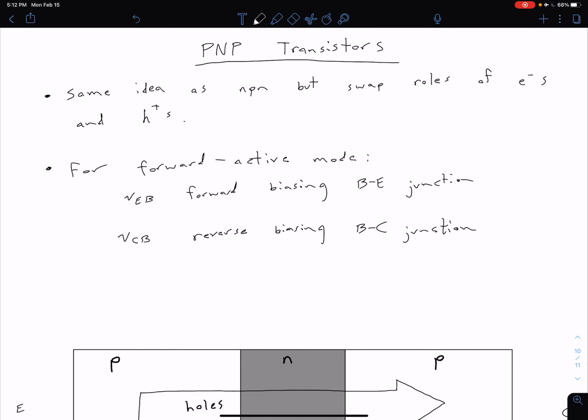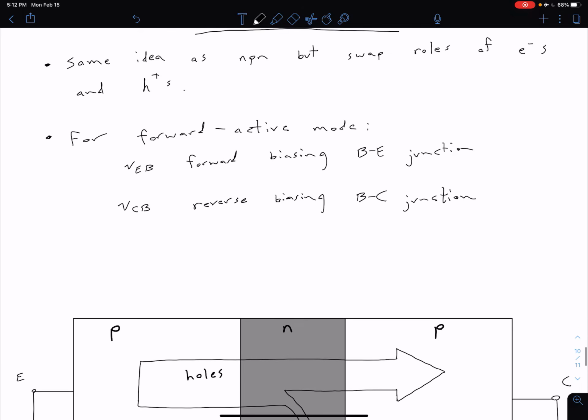Before moving on to look at our circuit symbol and our IV characteristics, I want to briefly mention our PNP transistor configuration. As we've said before, it's the same basic idea and operation principles as our NPN transistors. We're just swapping roles of our electrons and our holes, and we're switching around polarities of some of our voltages. Again, we can talk about the forward active mode because that's where we're mostly going to be using these devices